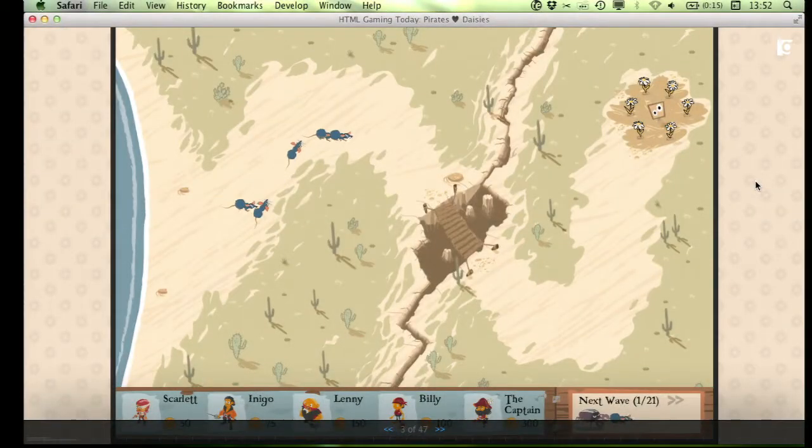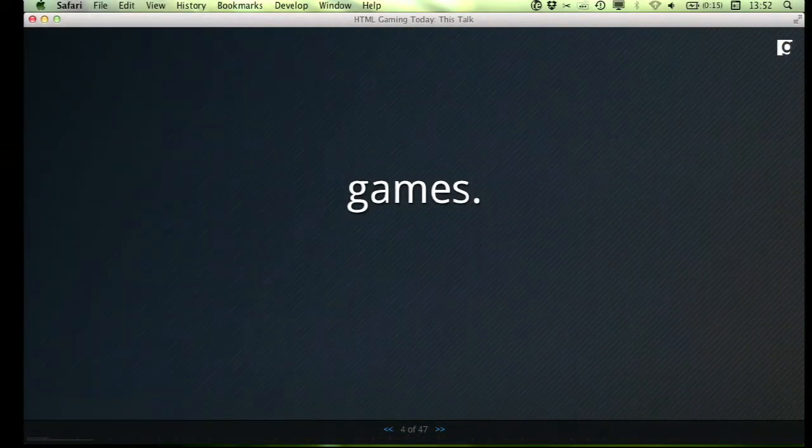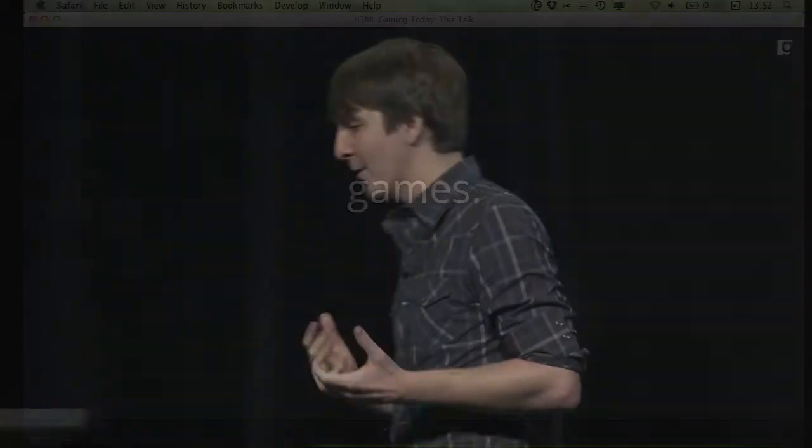To push graphics as far as it could go in HTML5. And I'll come back to that a little later on to talk about where we've gone since then. And so since releasing that, we've become fairly well known as an HTML5 game company, which for us is actually a pretty big jump from where we were a year and a half ago. But it's been an interesting ride.